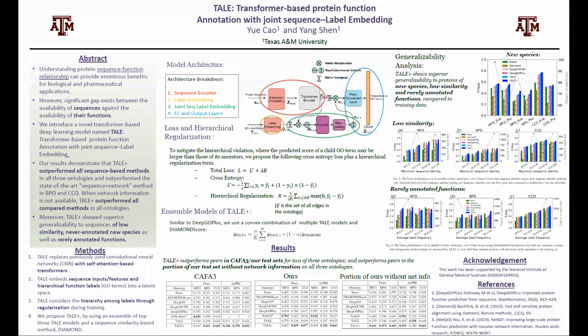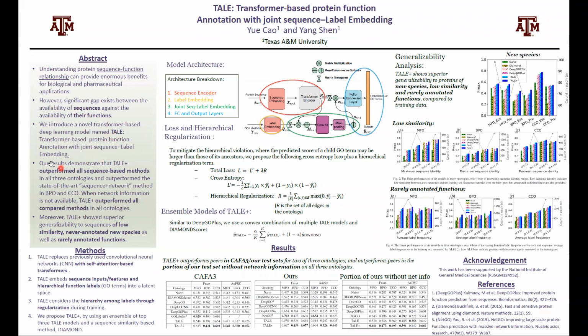Hello everyone, today I'm going to present TAIL, transformer-based protein function annotation with joint sequence label embedding. Understanding protein sequence function relationship can provide enormous benefits for biological and pharmaceutical applications. However, a significant gap exists between the availability of sequences and the availability of their functions. Therefore, we introduce a novel transformer-based deep learning model, transformer-based protein function annotation with joint sequence label embedding, also called